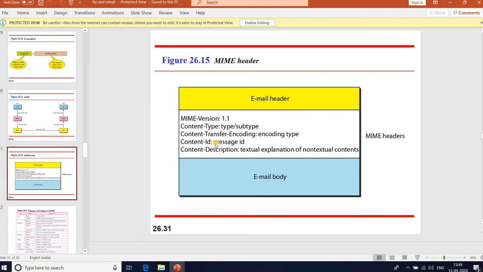Content ID, the message ID. And content description, a textual explanation of non-textual contents. We will now explain each of these headers.